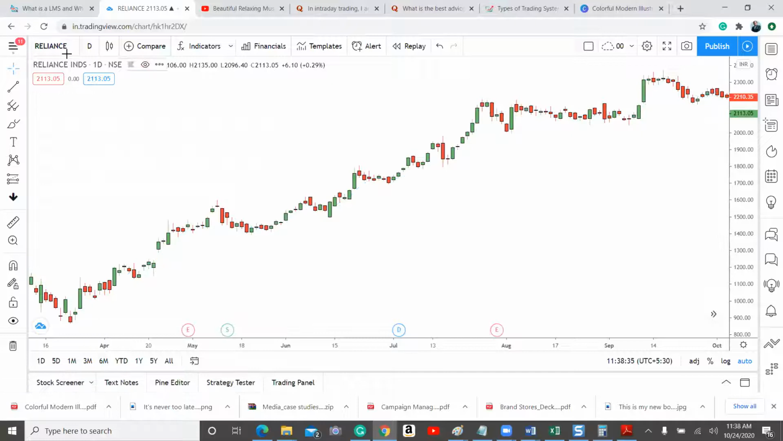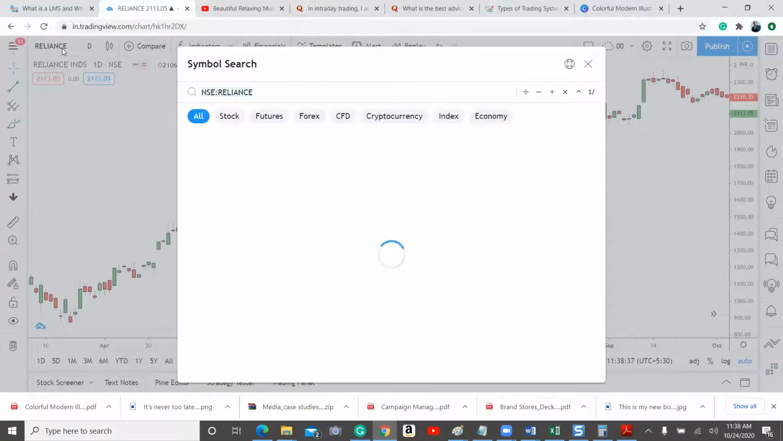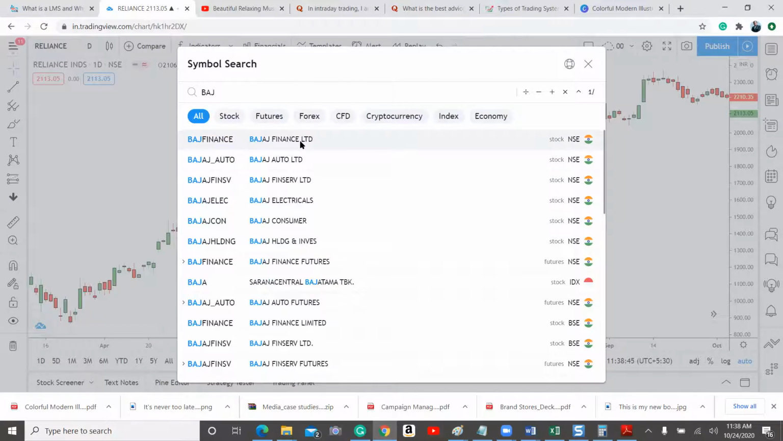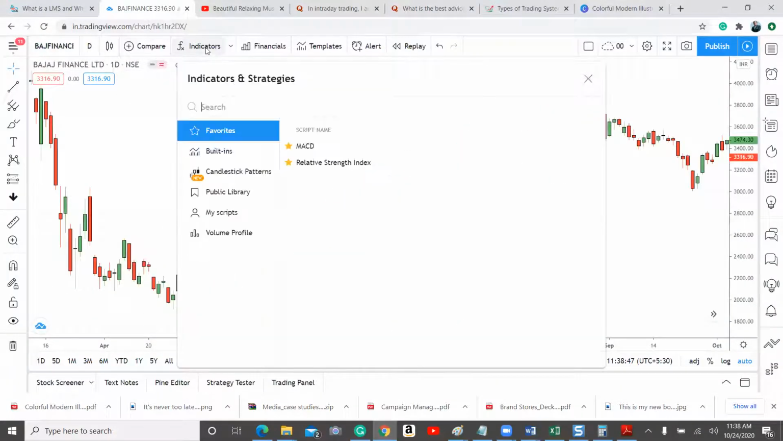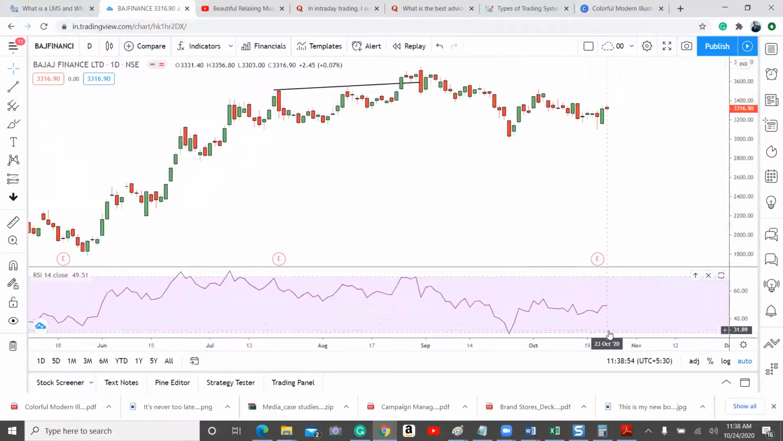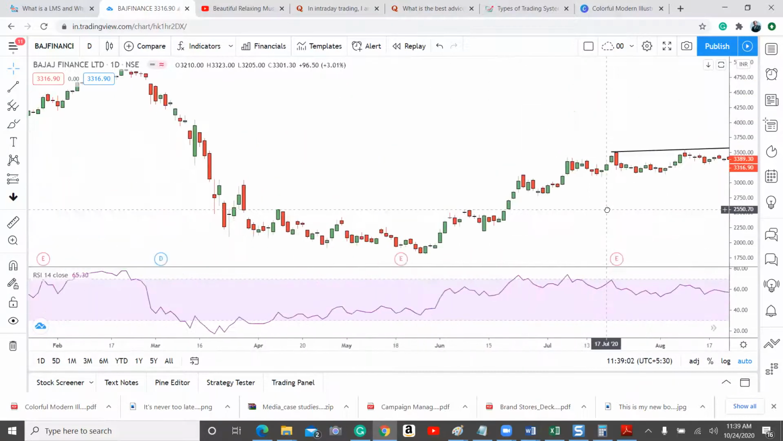For example, I'm going to remove the moving average. I will go for some other script. For example, I will go for Bajaj Finance. I will go for the Bajaj Finance chart. I'm going to apply the RSI indicator. Okay, it is there already. I've added the RSI indicator. So this is an RSI indicator basically, and it plots values between 0 and 100. So this is 100, this is 0, and any